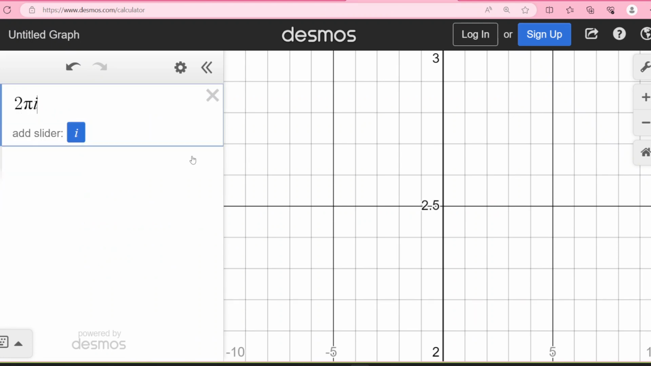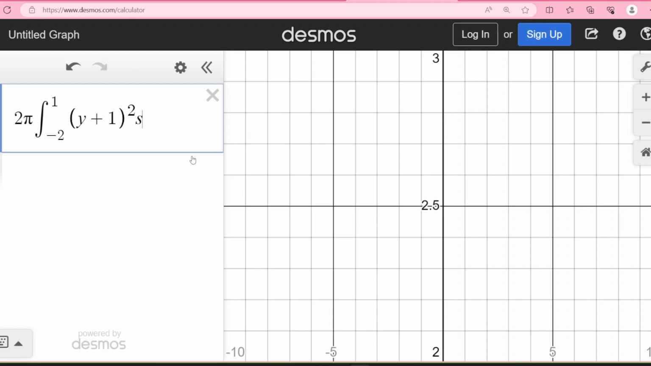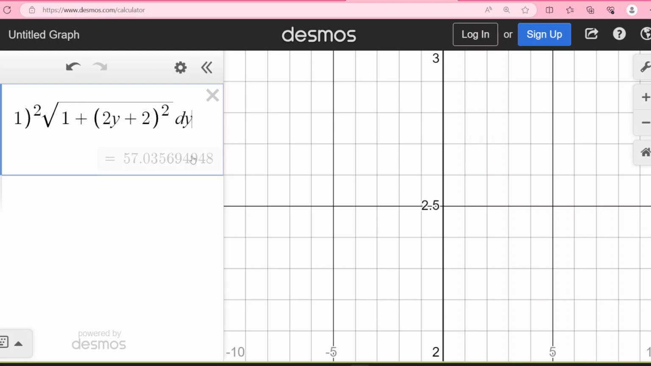All right, so 2 pi times the integral going from y equals -2 up to y equals 1. And you had the quantity y plus 1 squared times the square root. And then inside that square root was 1 plus the quantity 2y plus 2, right? That was your x prime squared. And then outside all this, right, times dy. All right, so this is the surface area of those tornado shapes, right, is about